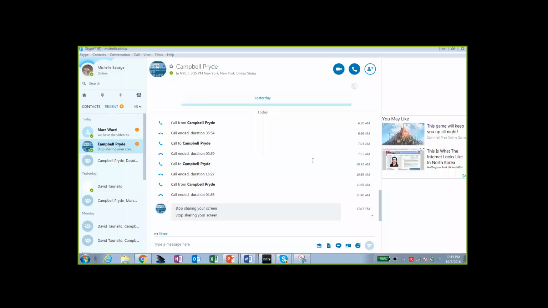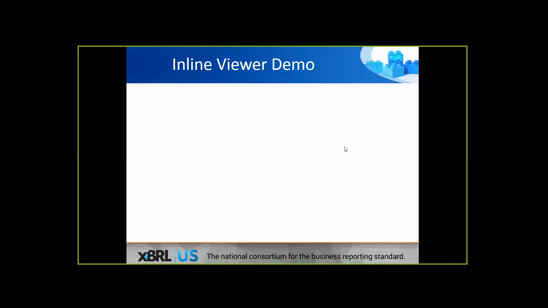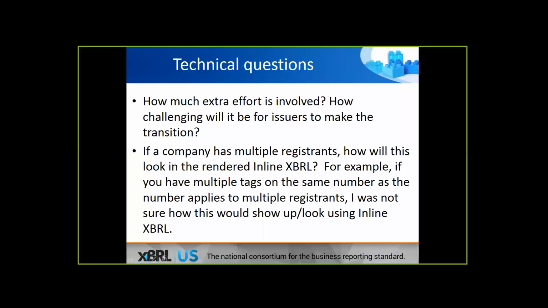It is not sharing. Okay. All right. So I'm going to go back and share my screen again, and we'll get into the technical questions. Okay, so hang on one second. All right. Okay. So why don't we go through the technical questions and then circle back and hopefully be able to do the viewer a bit later.